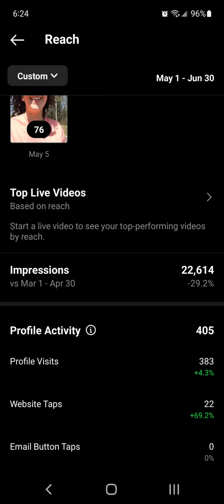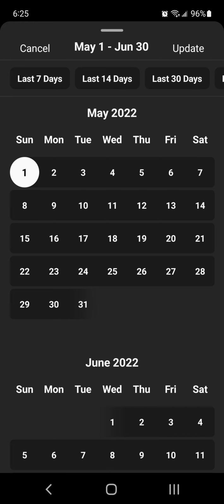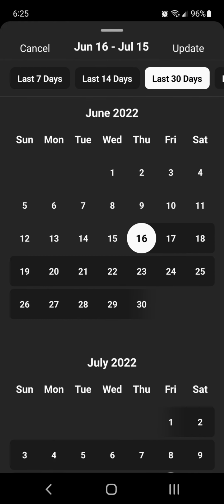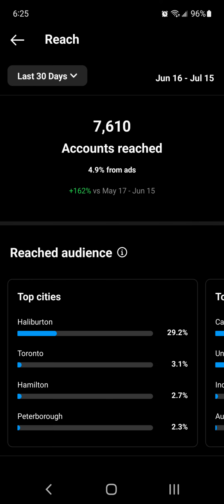So I'm seeing here that I've seen a lot of website taps in this time period, which is really exciting. So I'm just going to go back and let's go to one of Instagram's preset time periods. So let's say the last 30 days and click update. And I'm just going to go back into that accounts reached, just to show you a little bit of